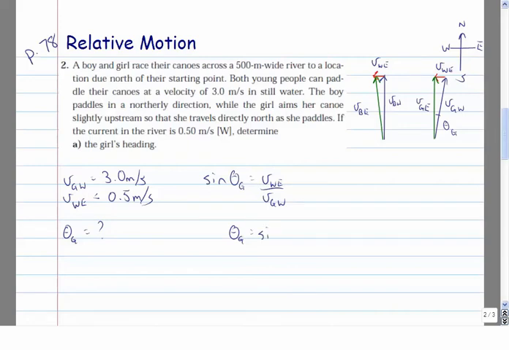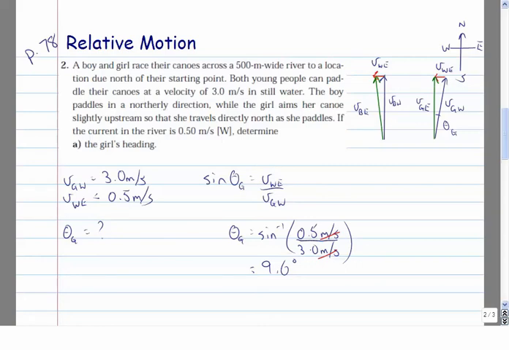We've got the inverse sine of 0.5 meters per second all over 3 meters per second. And notice that our units will simplify because whenever we deal with a ratio, sine functions only work with ratios. It has to be dimensionless. And we end up getting a value for the angle. She's got to head at 9.6 degrees